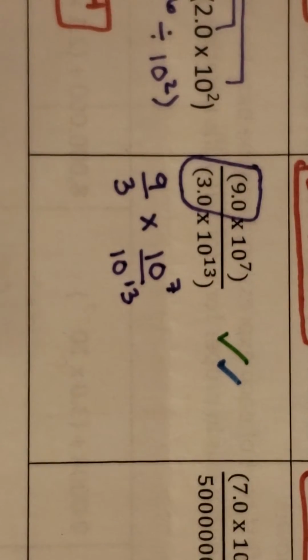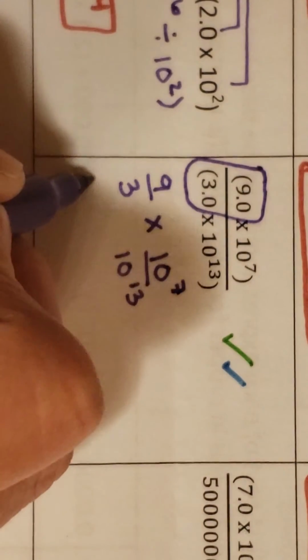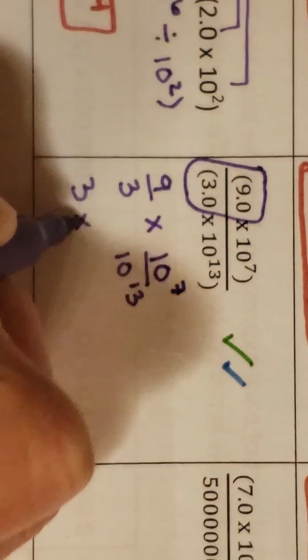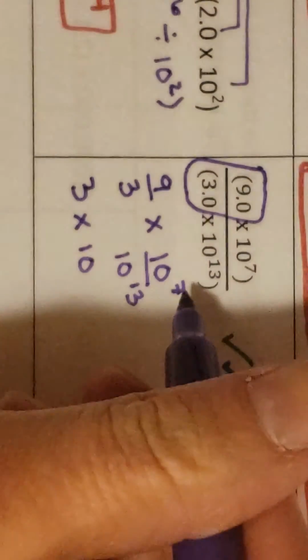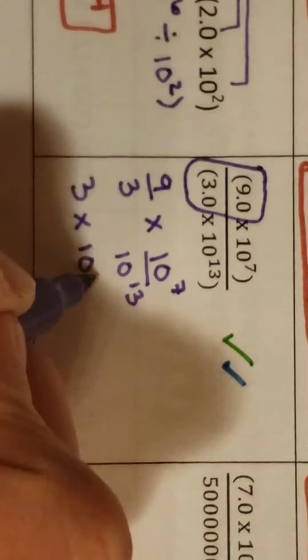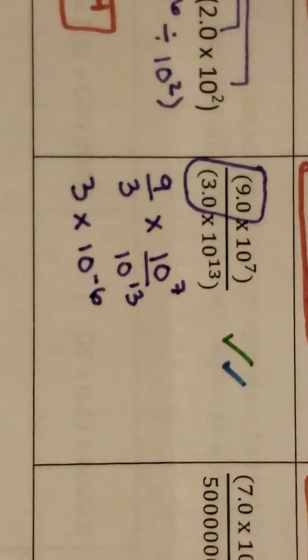We handle it in pieces. 9 divided by 3 is 3 times 10. 7 minus 13 is -6. Now, in previous lessons, you've learned that if you have an exponent that is negative, that you should write it